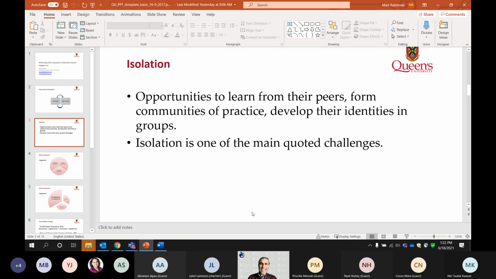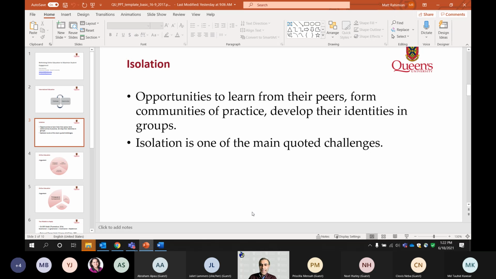I decided to do that as my research, and that was an overarching theory for my PhD that I completed in 2018. So isolation was the big challenge, and the issue with isolation was that it deprives students from participation in group activities that could benefit them with building a community of practice, learning from their peers, and also